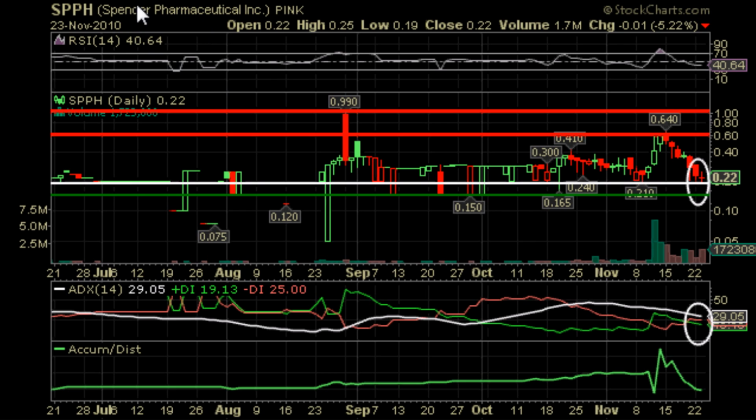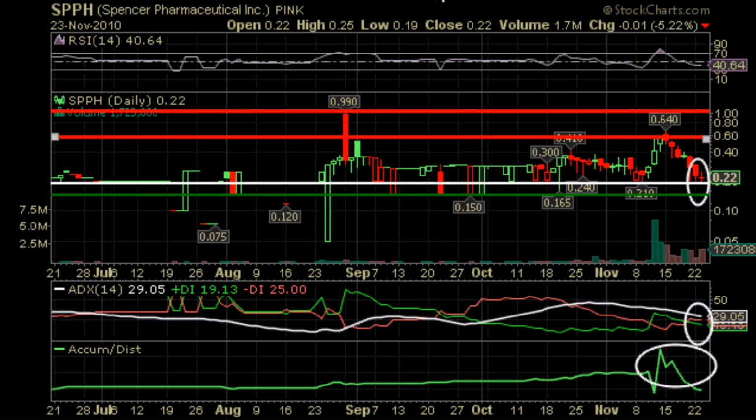Another thing we're going to look at is the accumulation and distribution indicator. As we can see, during this sell-off, this indicator has started to dip as well, as investors, or traders, that were not fortunate enough to sell during the peak slowly sold stock day after day to escape. However, it's important to note